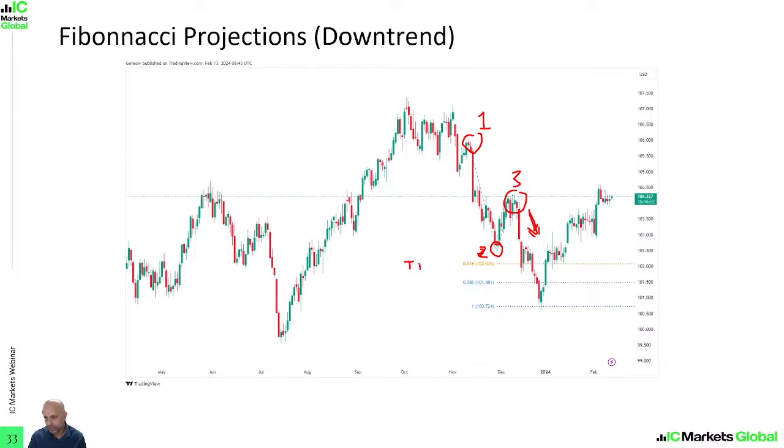We will then use the Fibonacci projection levels at 61.8%, 78.6% and 100% to help us identify our take profit level. You can see here price dropped down to TP1, the 61.8% Fibonacci projection level, before retracing a little higher. Then as it broke through it, it reached all the way to 78.6%, another potential take profit zone. When price continued to drop lower again, it found support here at exactly the 100% Fibonacci projection level before retracing to start this strong bullish move for 2024. So this is how we can also use the Fibonacci projection on the downtrend.